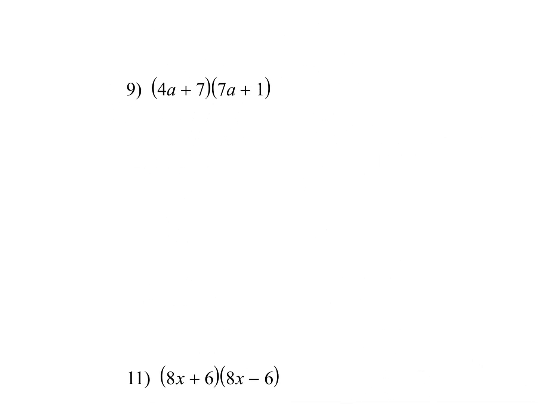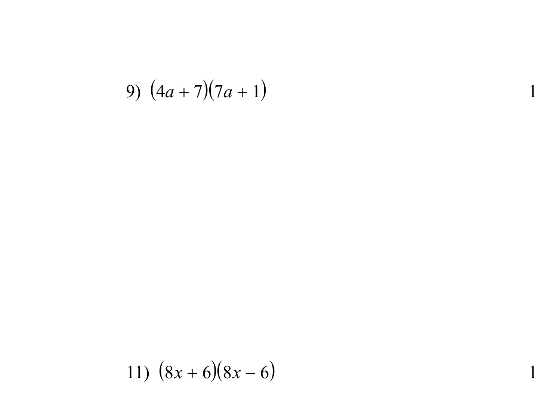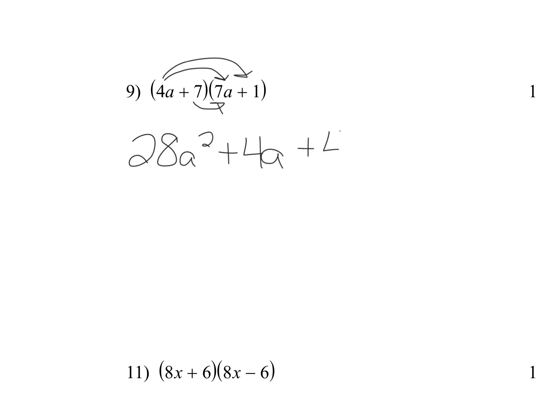The backside. How does it change when we get to number 9? Right, we have to distribute twice. So I'm going to take 4a times 7a, which is 28a squared. And then what do I do next? 4a times 1, which we just get 4a. Now I want to do the same thing to that second term, 7. So 7 times 7a is 49a, and then we get 7 times 1,